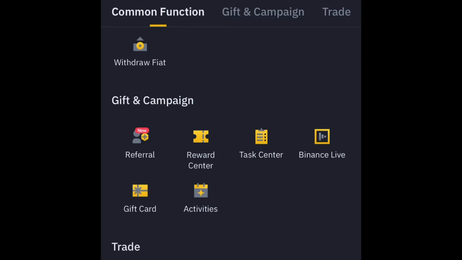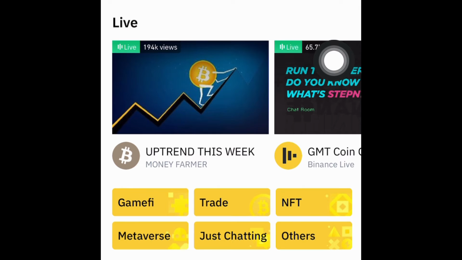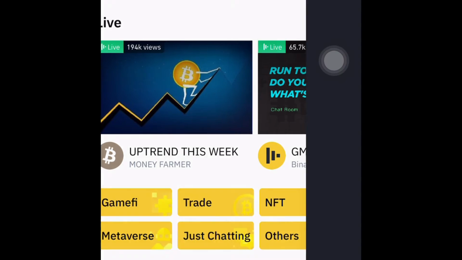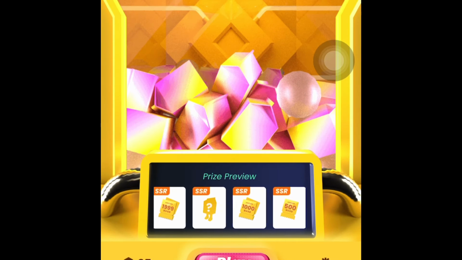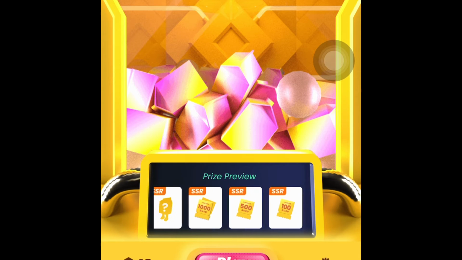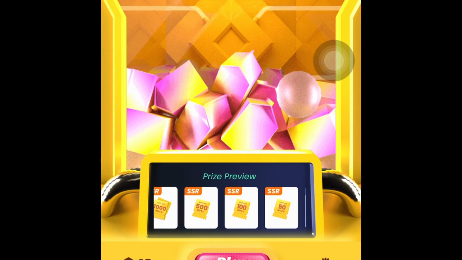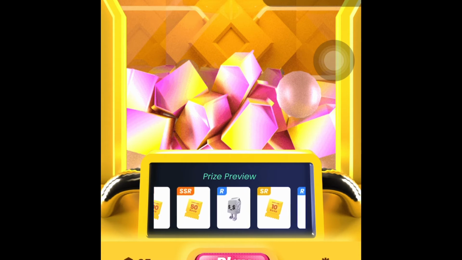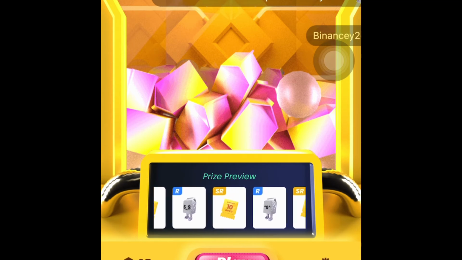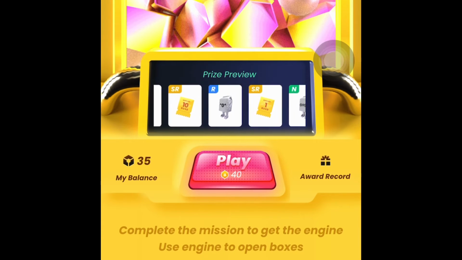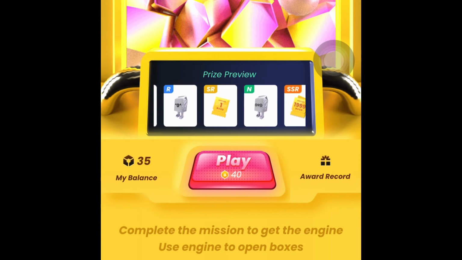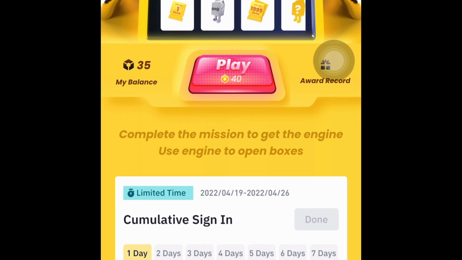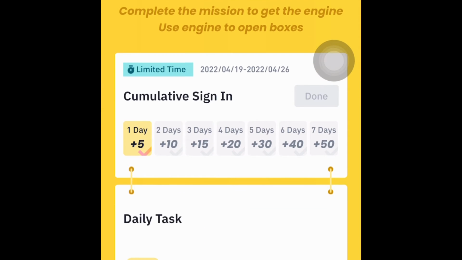Here is Binance live option. Then we will talk about this NFT. So how do we get NFT? That is, you have to click on a play button you see. Now we need a total of 40 points to play this. So where do we get these 40 points? If we want to get these 40 points,